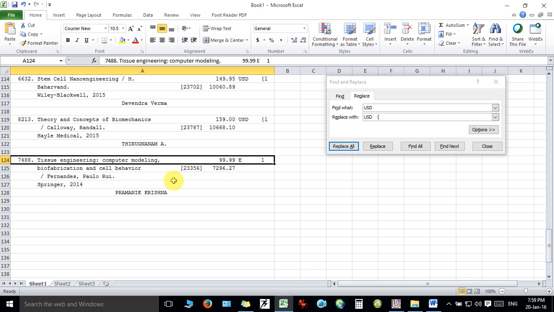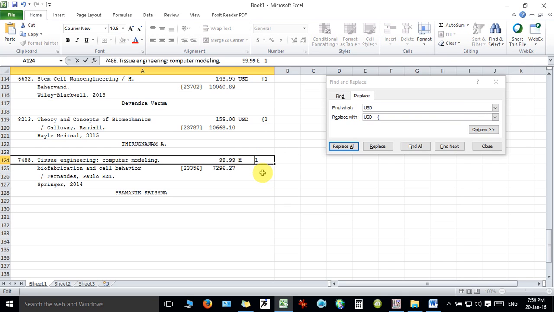So now you have to put the logic here. Just find out the gap between the number and that particular currency, and you will see there is a gap of 1 space. So just remember this 1 space gap and find out the gap between the number and the currency.